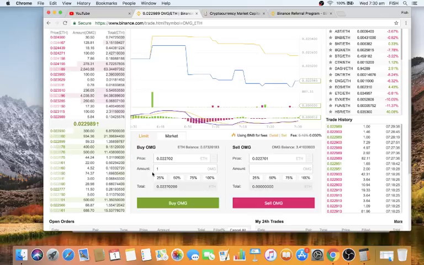So what I'm going to do now is complete this first buy order at 22,702, just beating this whale at 22,701 for 1 OMG. I'm going to hit the buy button, and it says succeed. And you can see here it's actually come up into the market now. So it's advertising the buy price for me of 22,702. That's what I'm prepared to buy 1 OMG at. And that is how you do trading with Ethereum